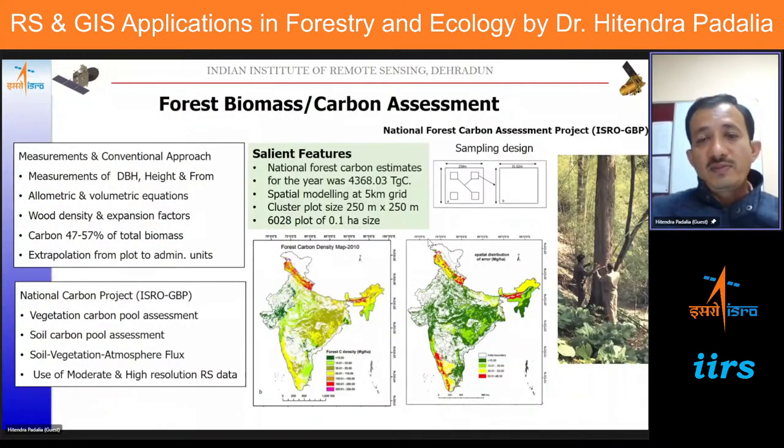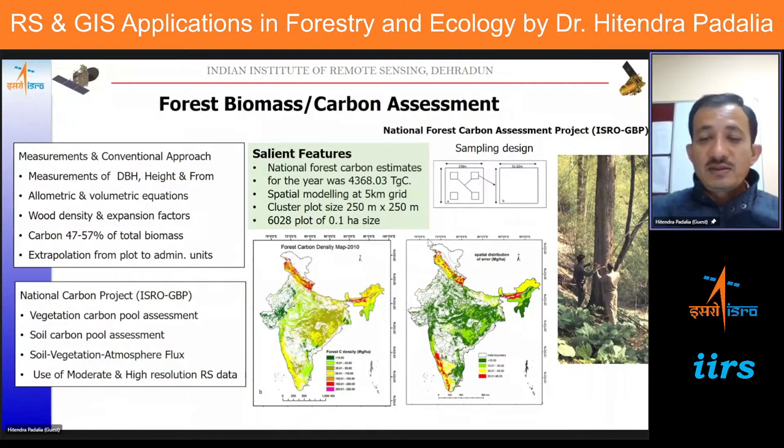And the next theme of application is, apart from biodiversity in the forest area, it's also important to assess the carbon stock and biomass of the forest in view of the role of the forest in sequestrating atmospheric carbon. And now COP 27 is going on in Egypt, and it is very important for every country to show how much role the forests of their countries are playing in sequestrating atmospheric carbon. And for that, biomass assessment, particularly above ground biomass assessment using remote sensing techniques, is one of the very important applications. And ISRO has taken initiative in this, and we have generated the country level carbon map,